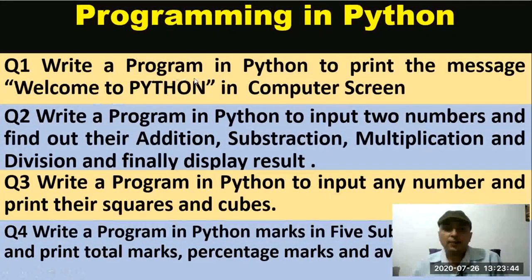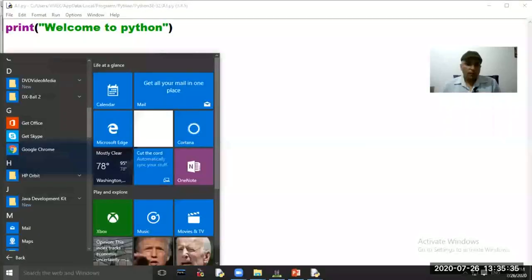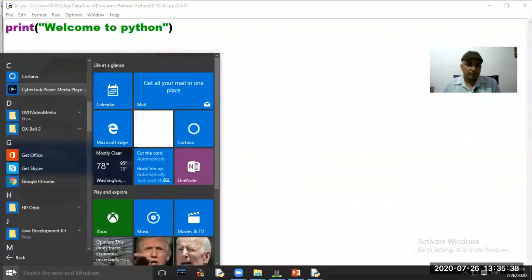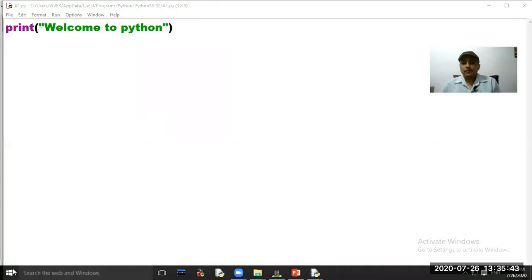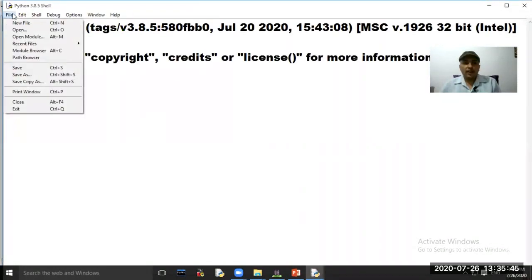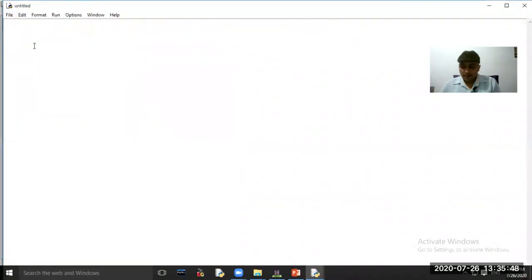The first program is: write a program in Python to print the message "Welcome to Python" on the computer screen. So we have to print the message Welcome to Python on the screen. Open Python software. Click at option File, choose option New File, type the program code here: print